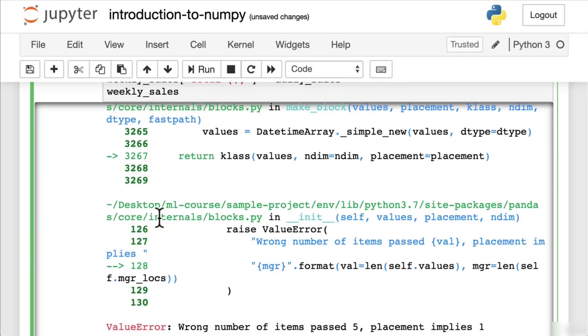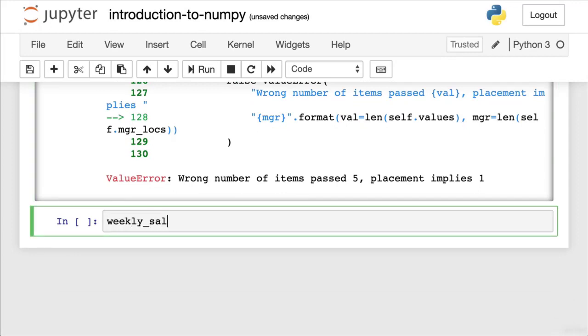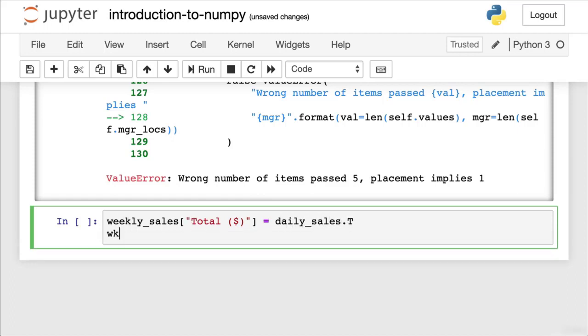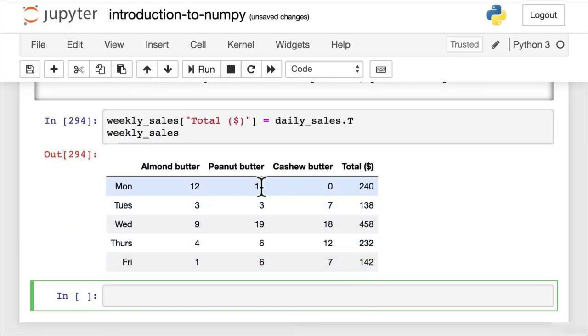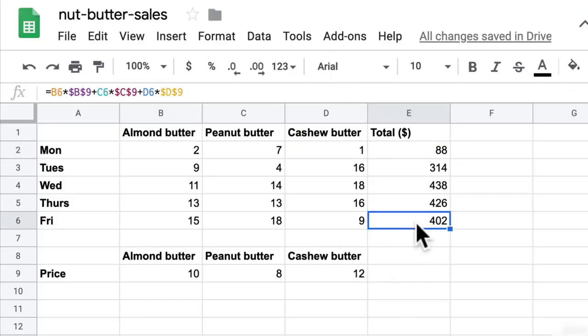But what we can do is come down, we'll make a new cell. There we go, weekly_sales["Total"]. That's a terrible way of spelling total, Daniel. Weekly sales total equals daily_sales.T for transpose. And now this, hopefully, beautiful. There we go. So now we've just replicated, with a few steps in between of shifting shapes and whatnot,